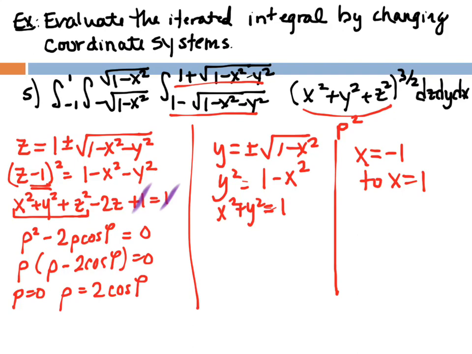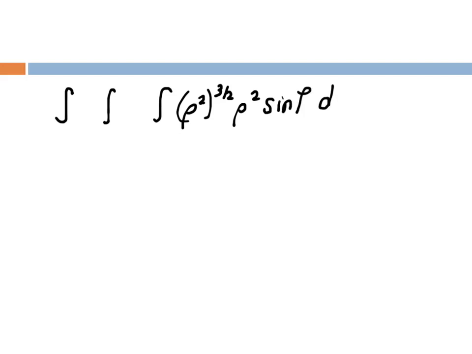All right, so let's take a look at taking our limits of integration and making alterations now. So we have a triple integral of (rho squared) to the 3/2 times rho squared sine of phi d rho d phi d theta. All right, so our limits of integration on rho, of course, we found before are 0 to 2 cosine of